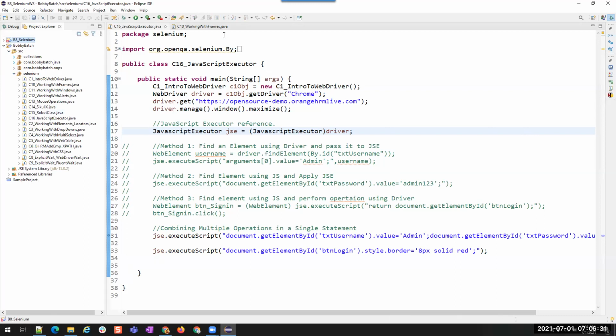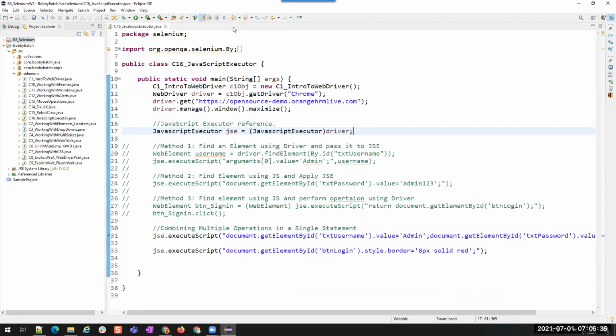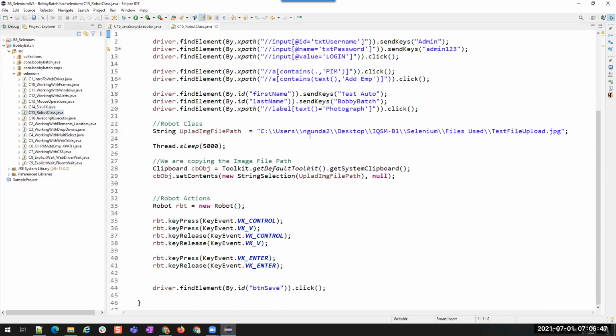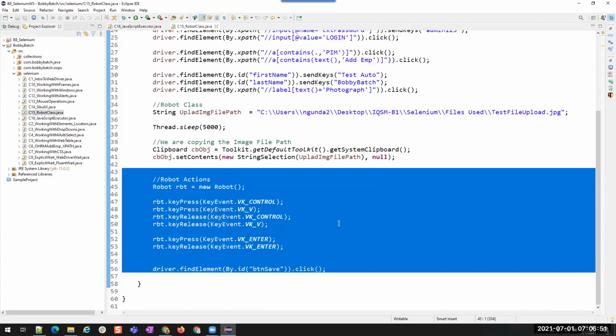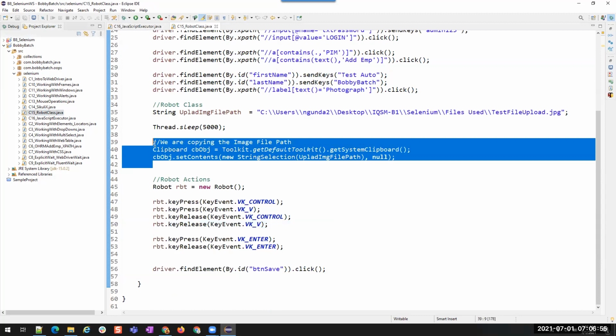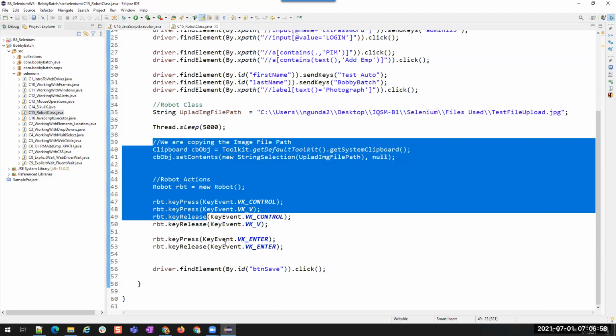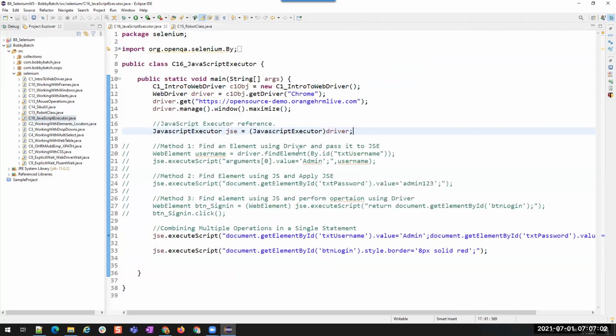And we learned about robot class, right? For SQL is another type, or if you want to do file upload, how to upload using robot class, which is inbuilt in Java library. We have learned that as well, right? Key press, key release, and how to access the system clipboard. So to access the system clipboard and then work with robot class, and then we move to JavaScript executor,